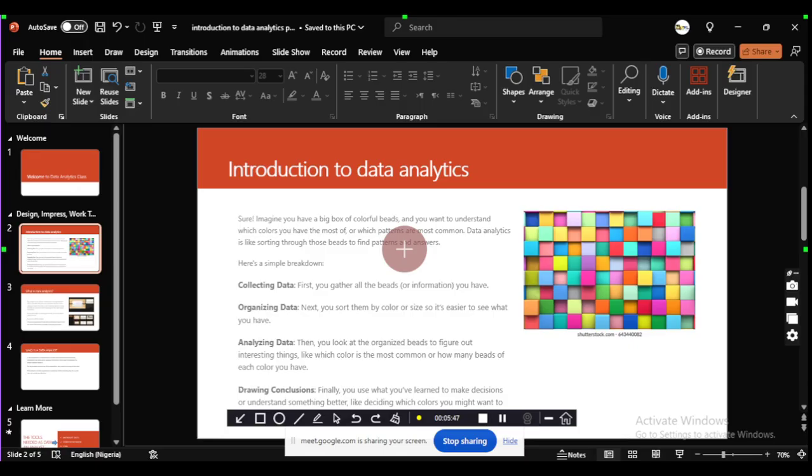Yeah, what do I do? As a data analyst, you collect the data. After the collection of data, you try to organize it. Can you see the collection of it first? That is the base. After that you organize it, then you analyze it. As it is now, you cannot make an accurate decision here because it is not organized.